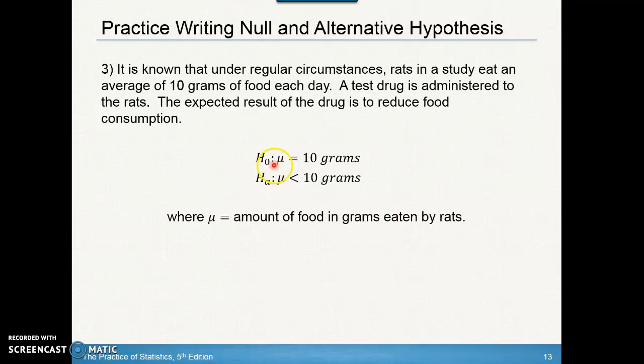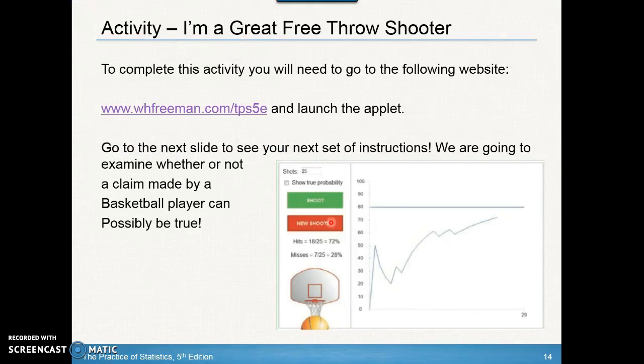So the null is that the drug doesn't change it, so they're still going to eat 10 grams a day, and the alternative is that it's less than 10 grams because we're checking to see if the drug reduces food consumption. Notice how mu is defined: the amount of grams eaten by rats. All right, so